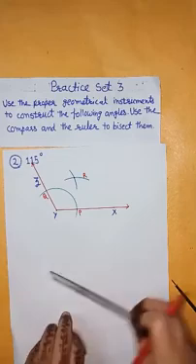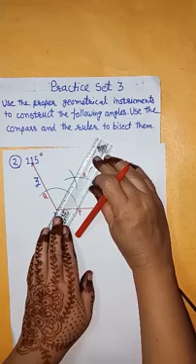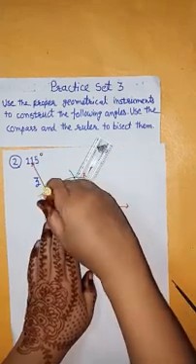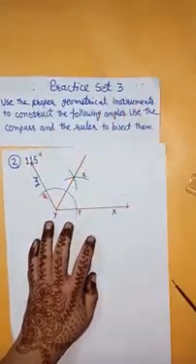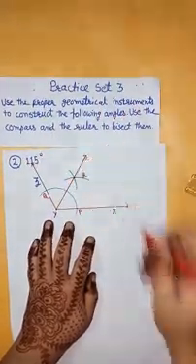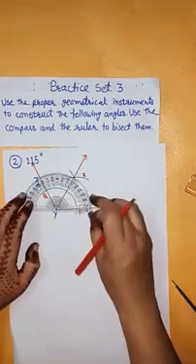Now with the help of a ruler, you have to again draw one ray that starts from the vertex of the angle and passes through the point of intersection. And this ray is called as the bisector of the given angle. The given angle is of the measure 115 degree. Therefore, the two angles which we get after drawing the angle bisector must be of the measure 57.5 degree. Let's see that.